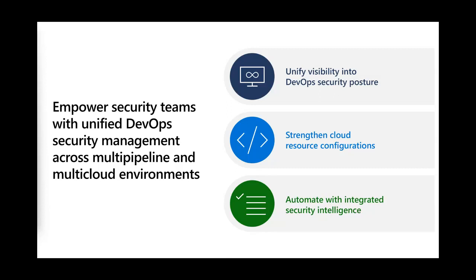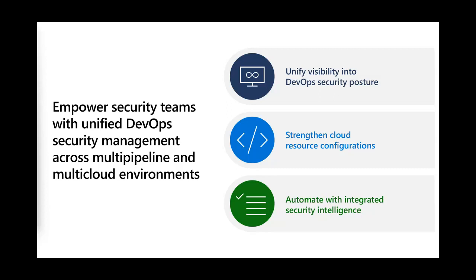Some of the key capabilities include unified visibility into the DevOps security posture, giving those security admins full insight and visibility into DevOps inventory, the different repositories that exist, the security posture of the pre-production application code and resource configurations across their different pipelines and cloud environments in a single view. It also includes the ability to strengthen cloud resource configurations throughout the entire development lifecycle. So securing infrastructure as code templates and container images to minimize the number of misconfigurations from actually reaching production environments. And then lastly, it has automated capabilities with integrated security intelligence to help security teams prioritize remediation of critical issues